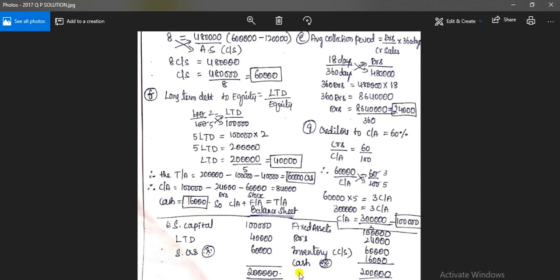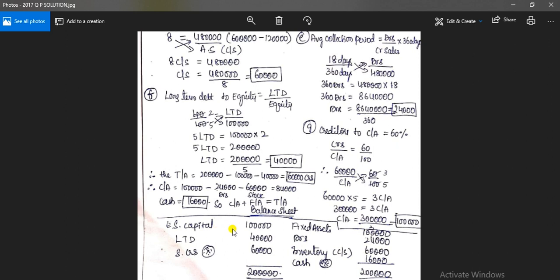They have not given you the cash item clearly. So 1 lakh is the total, which includes 16,000 as cash, 24,000 as debtors and 60,000 as stock. Next, as we all know, current assets plus fixed assets is equal to total assets, so fixed assets is the remaining. As I told you earlier, there is no information about fixed assets in the problem. Out of 2 lakh, if you deduct 1 lakh as current assets, then automatically the 1 lakh will be fixed assets.